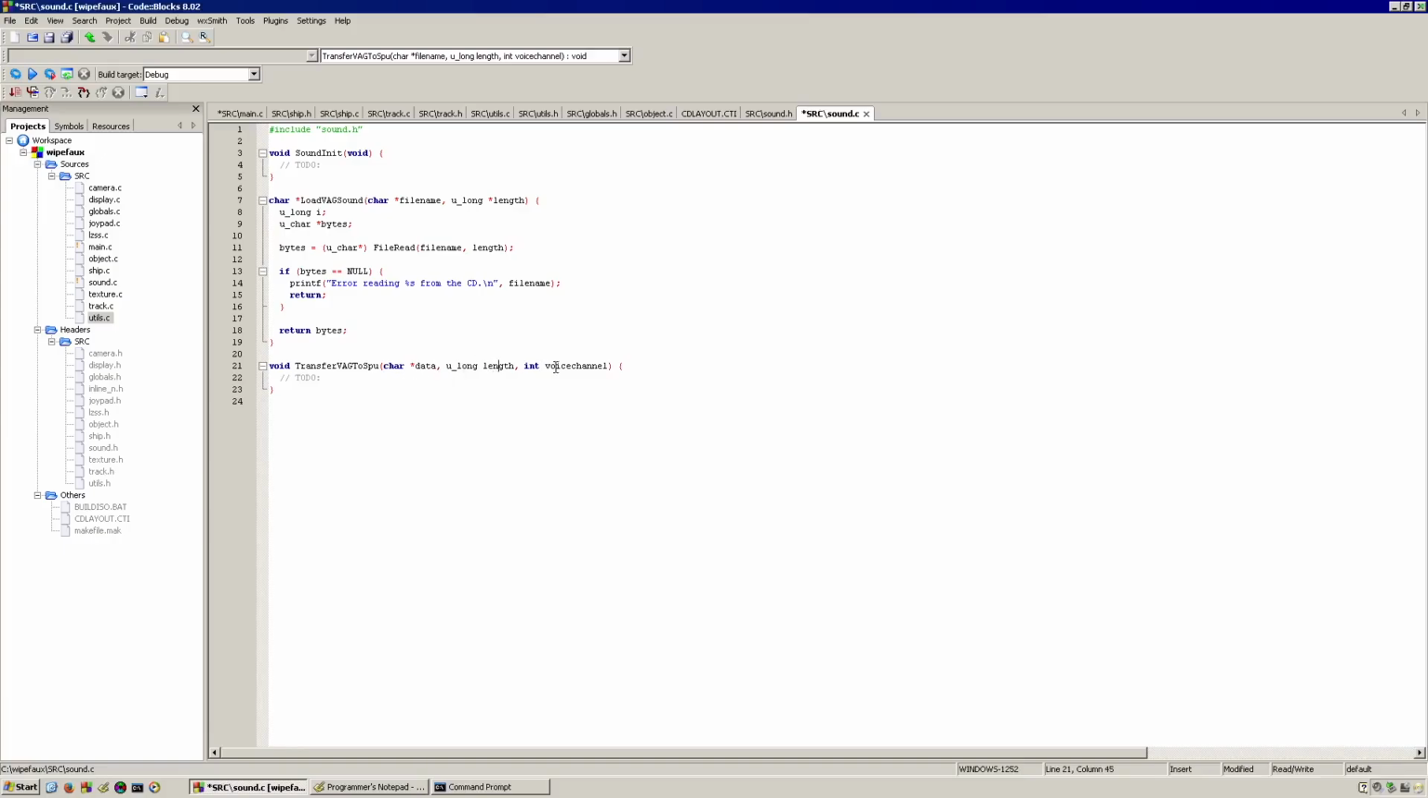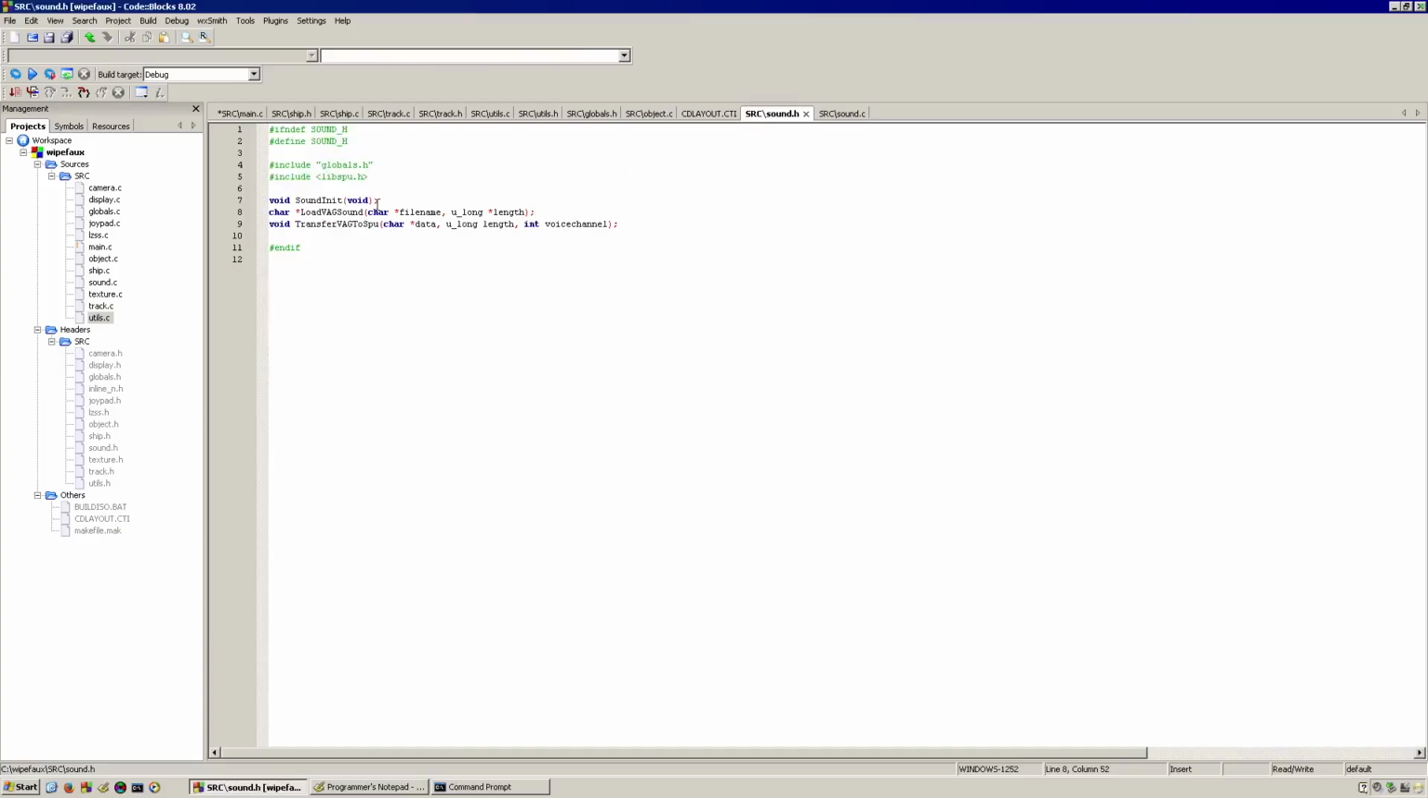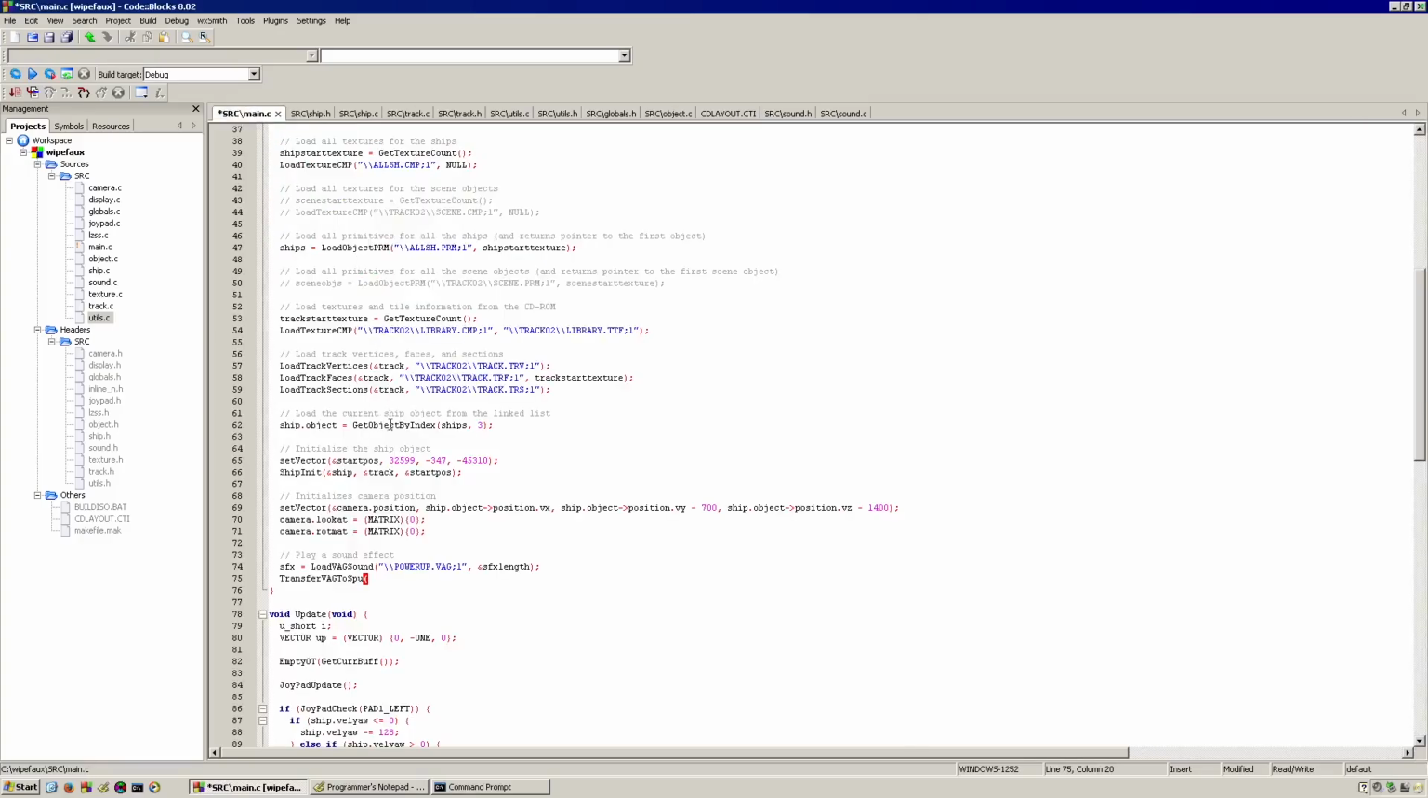So data, length, and voice channel. Cool. We need to learn how to transfer this thing to the VAG. Right, so now that we have this prototype correct, I think there is one thing that we forgot, which is the sound init. We need to initialize everything into a known state, which is actually not that difficult. Right here in main.c, besides passing the sound effects to play, the length, which is SFX length,